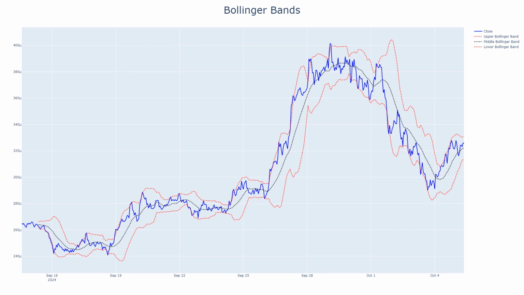PEPETRY's price is near the middle of the Bollinger Bands, with the upper band at 0.003309 and the lower band at 0.003137. Historically, when PEPETRY's price has moved to the upper band, volatility increases, often resulting in sharp price movements. Conversely, when the price has dropped to the lower band, the coin has typically rebounded. With the price near the middle, PEPETRY is in a consolidation phase, and the next major move could be driven by a breakout or breakdown from these bands. Traders should be mindful of potential volatility in the coming days.